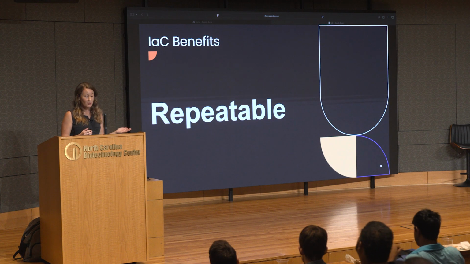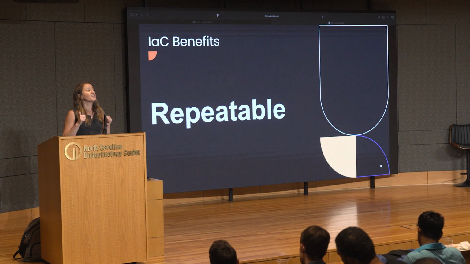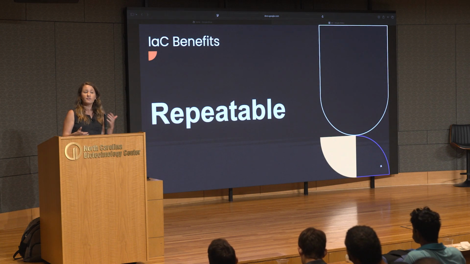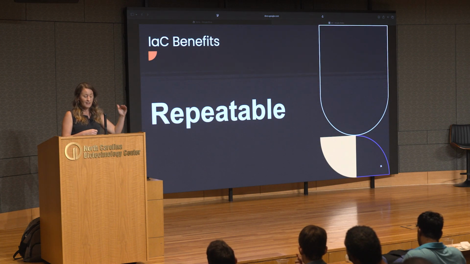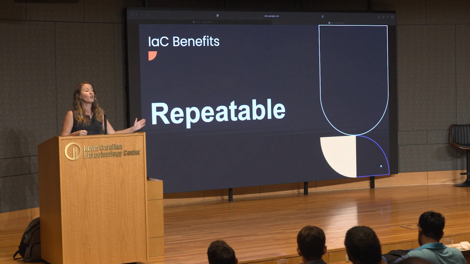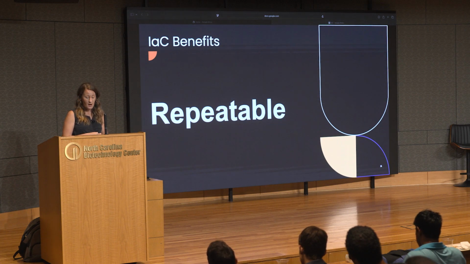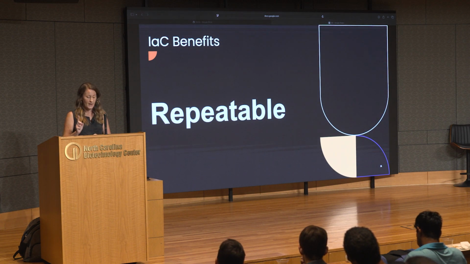The repeatability of infrastructure as code is a huge win for permissions and policies. When you define your access controls in code, you can apply that same configuration across your entire environment with consistency. Say you need to onboard a new teammate or a new service, just reuse that same trusted code, and you don't have to start from scratch. And if a misconfiguration is discovered, you can fix it once and redeploy everywhere one time.